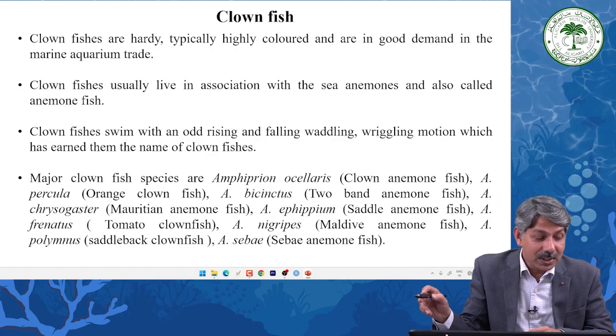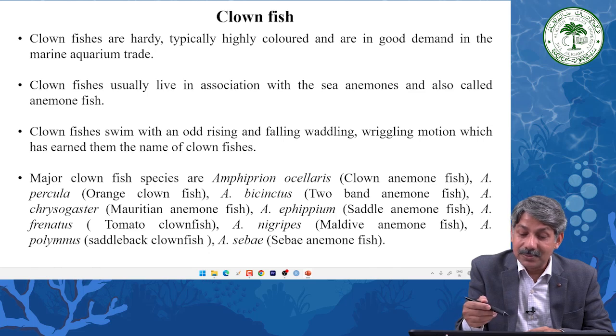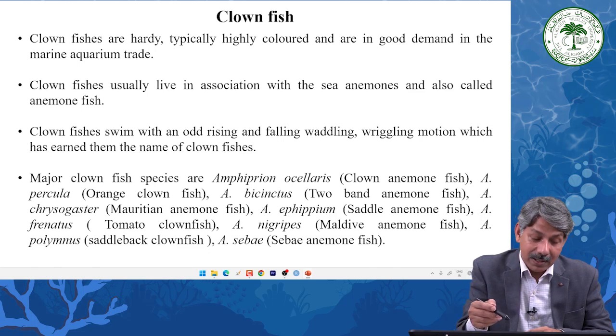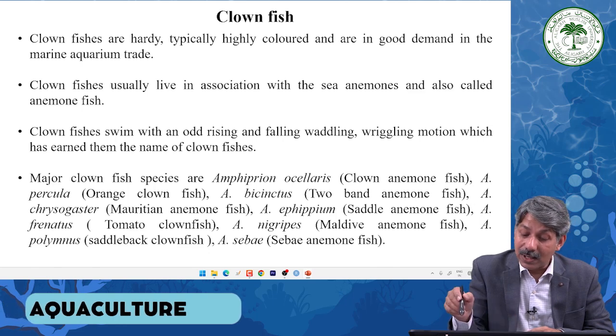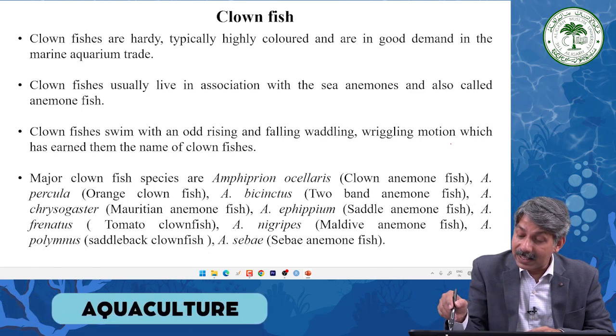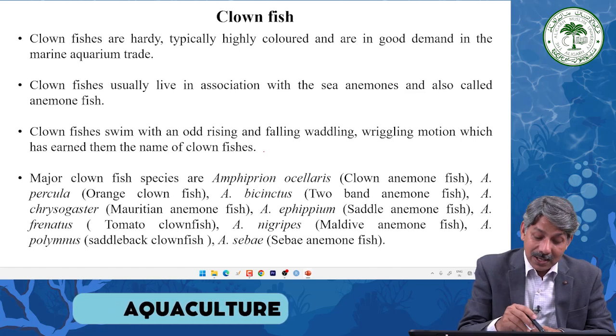Then we have clownfishes, very popular one, are hardy, typically highly colored and are in good demand in the marine aquarium trade. They live in association with sea anemones and also called anemone fish. Clownfish swim with an odd rising and falling, waddling, wriggling motion, which has earned them the name of clownfishes. Major clown species are